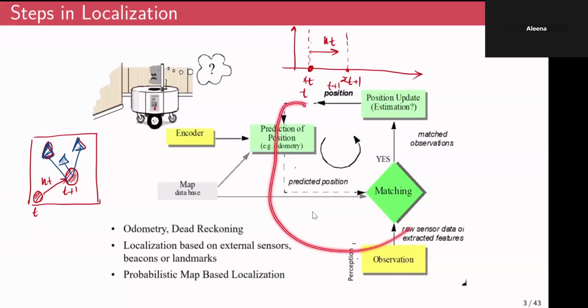So then this thing goes on and on as a continuous loop for all the time steps. Like for x at t plus 1, this goes on for t plus 2, t plus 3, all the way until it reaches its goal position. So